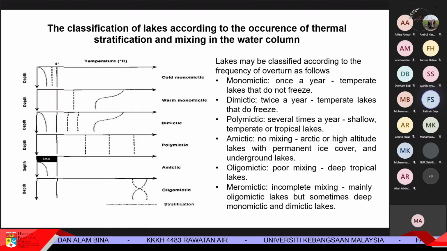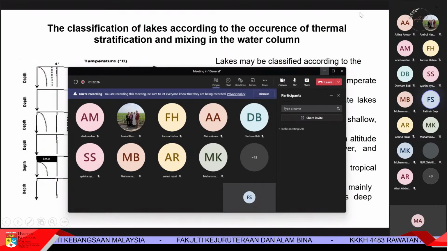They don't have this vertical mixing because they're relatively still compared to rivers. So we have lakes. The lakes can be classified according to the frequency of overturn as follows. How many overturns? Monomictic, once a year: temperate lakes that do not freeze. If they don't freeze, then it's only once a year. Dimictic, twice a year: temperate lakes that do freeze. So twice a year,